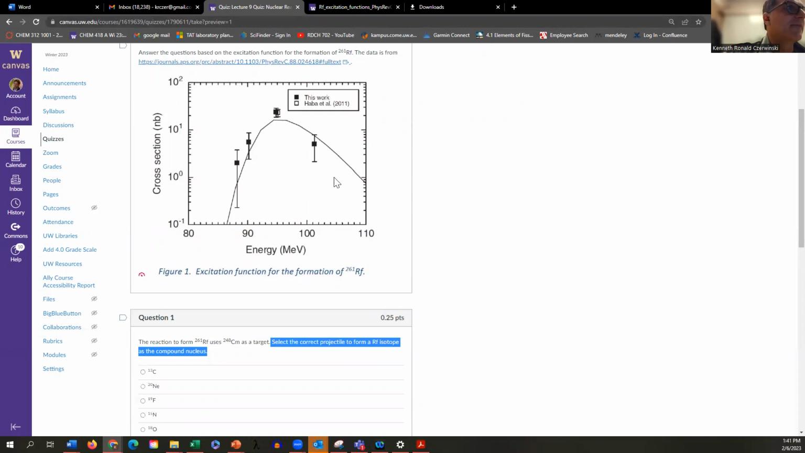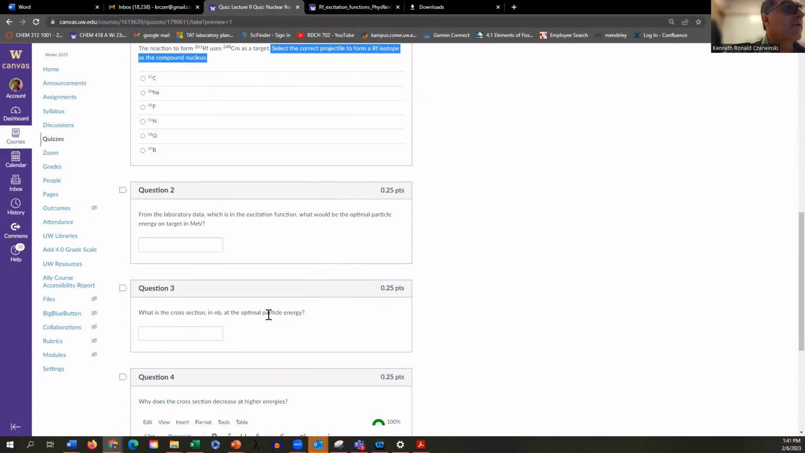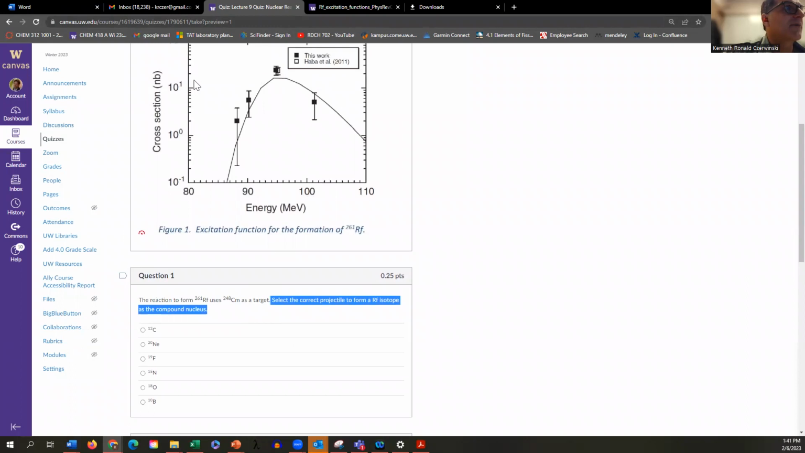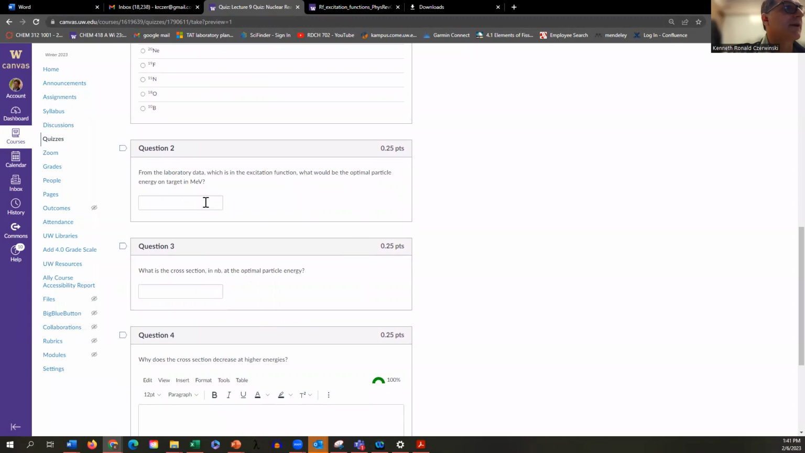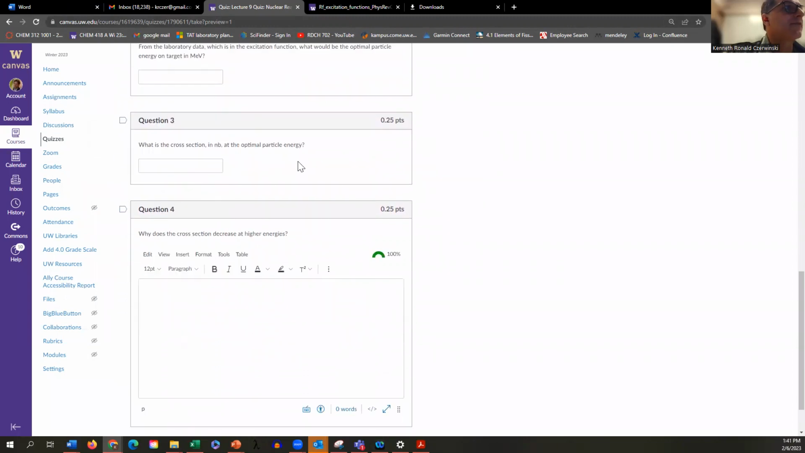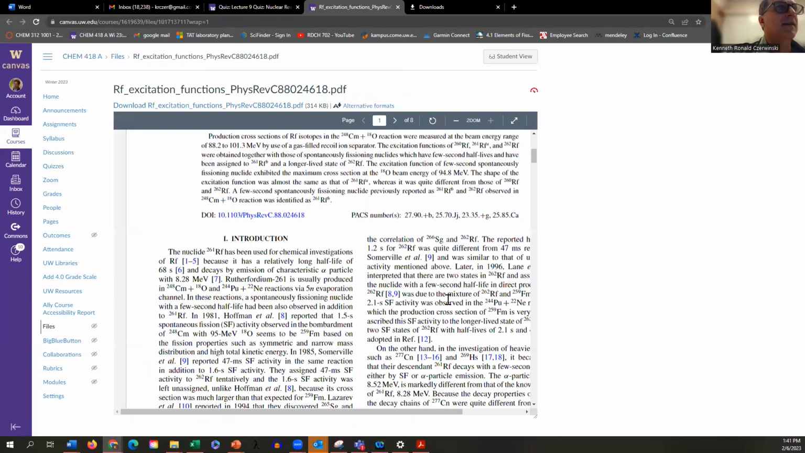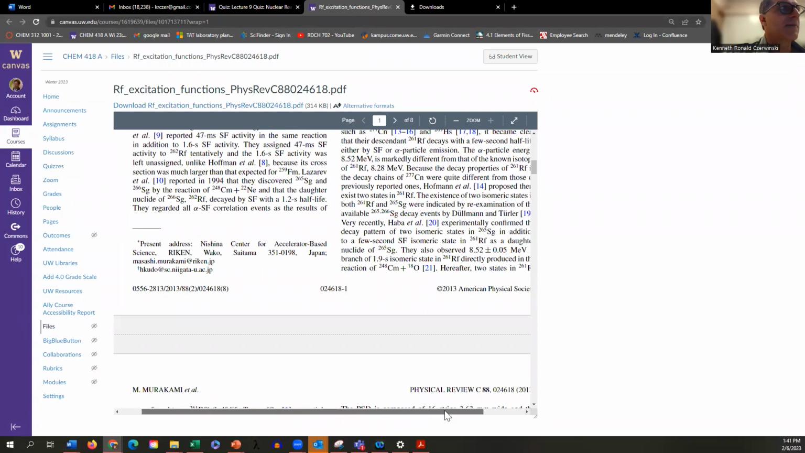Let's look at this. Now what would be the optimal particle energy on target? This is in the laboratory data, so just tell me where the peak is. You have to select that data point and write it in, it's in MeV. And what's the cross section at the optimum particle energy? If you go over here and do the intersect, you get the cross section. It's a log scale, so that makes it difficult. And then another complicating factor